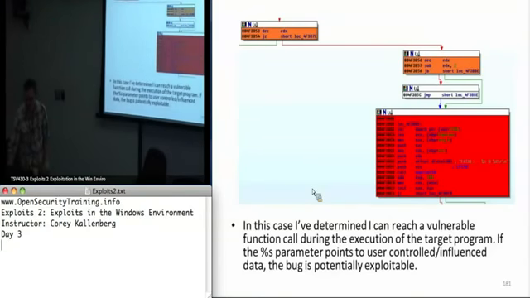So part of the hard part with this approach, though, is you figure out where the attacker data enters into the process, like the read call or read socket call, and you know where the potentially vulnerable blocks are, and you want to try to get from point A to point B. So it sounds easy in theory, but it can actually be very difficult, especially with C++, and you have crazy things like calls through registers and stuff that's hard to, you can't just get from point A to point B with static analysis. There are some really good tools like